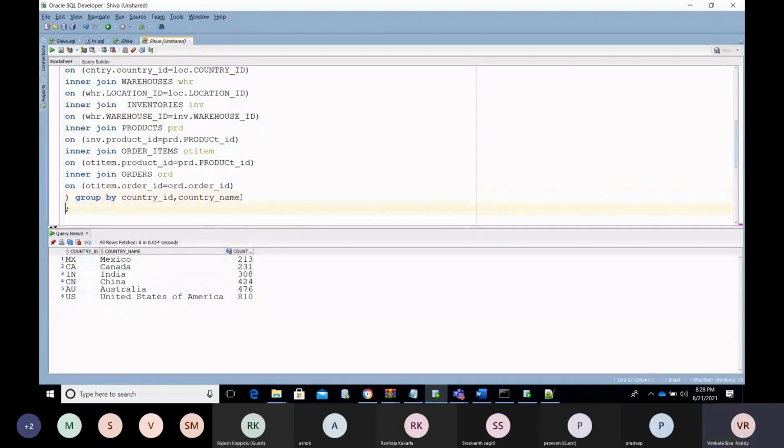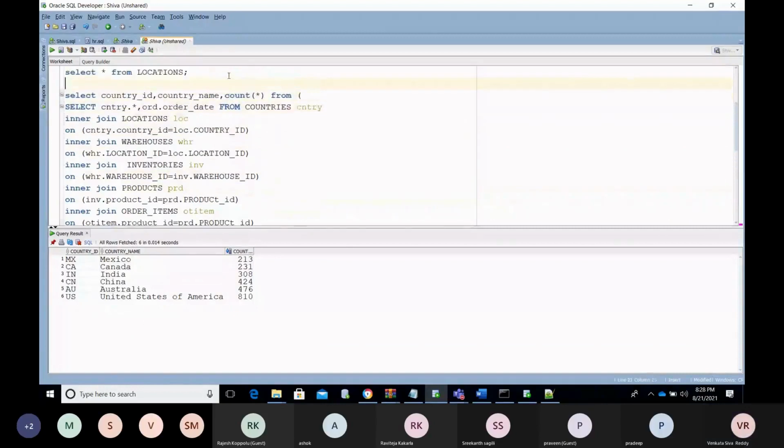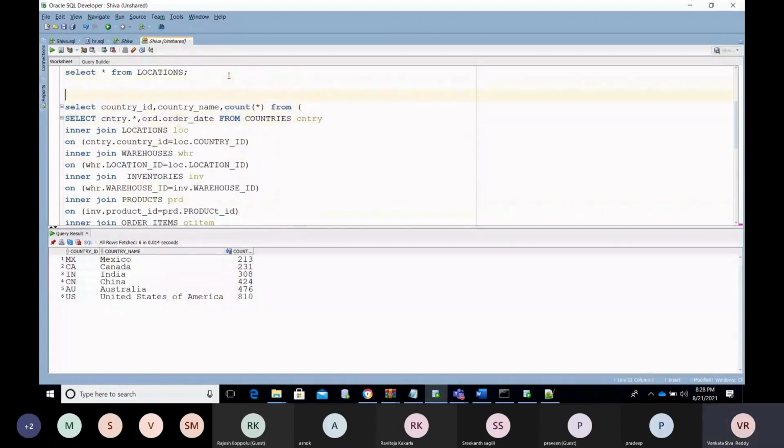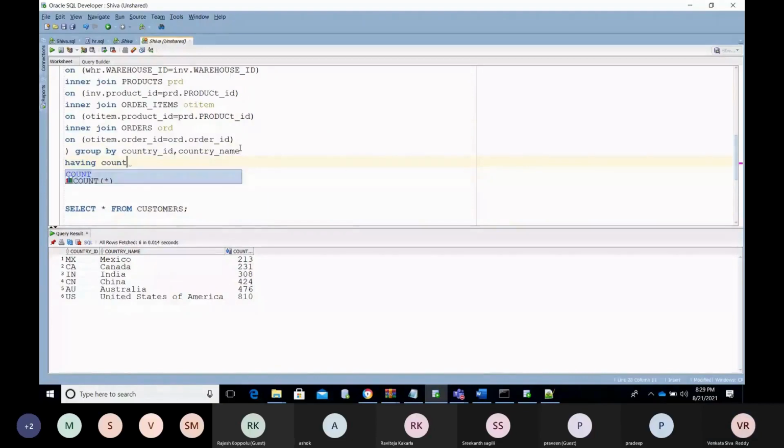In that case, I can go with the analytical function. Could you use a having clause, having count star?